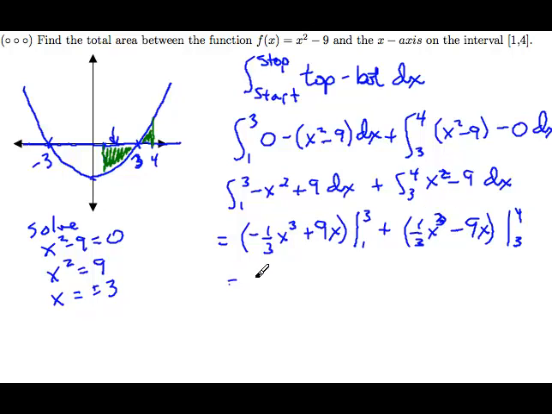Now we plug in all of our numbers. See, when I plug in a 3, cubed divided by 3 will be a 3 squared, so this will be a minus 9 plus